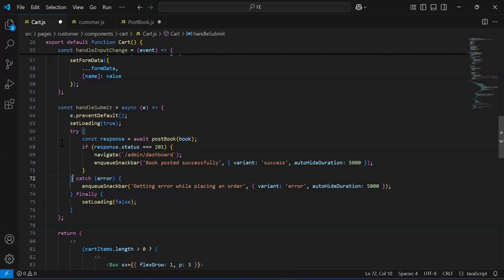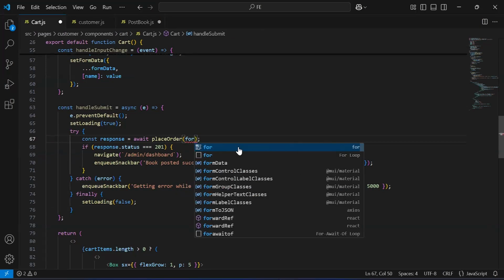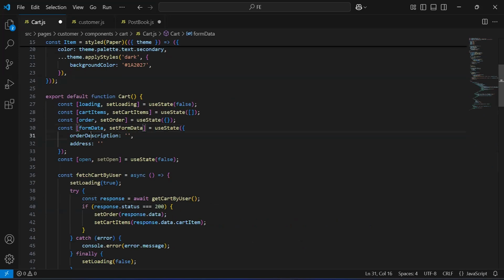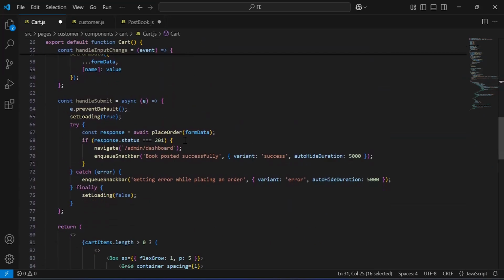Now inside the try block, we have to call the function from the customer service that we have, place order. Inside the argument of this, we have to pass here a form data object that we have, address and order description. After calling the endpoint, we are saving the API response into this variable that we have, response. After getting the response, we have to check here the status. If the status is 200, then we have to navigate the customer to the dashboard page. So let me update the path that we have